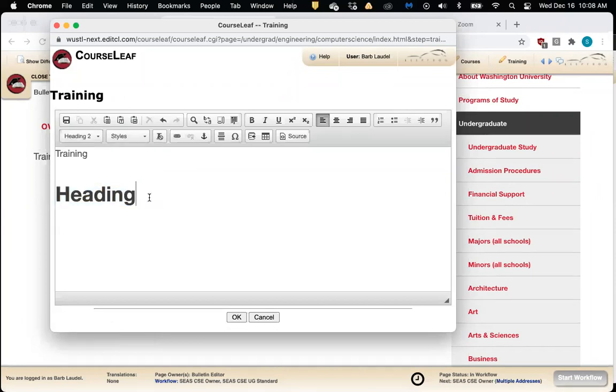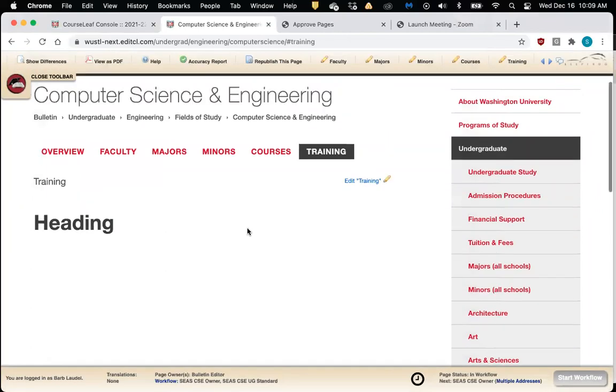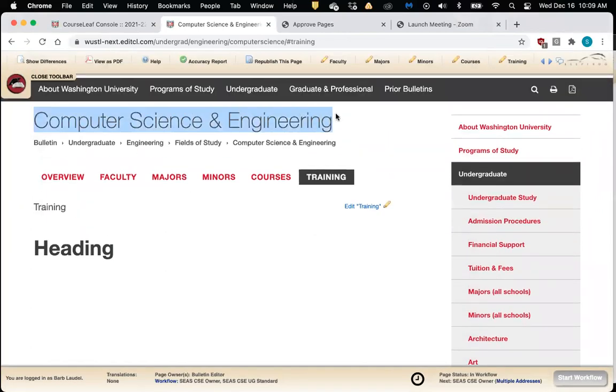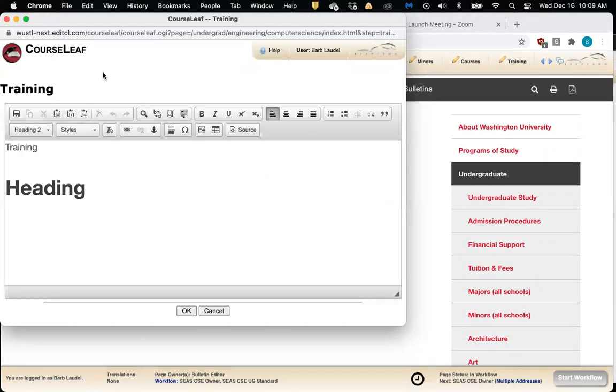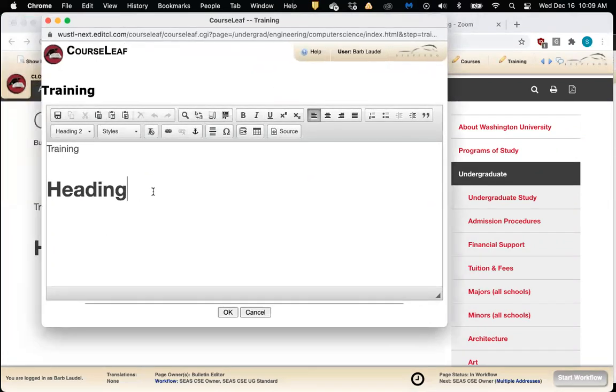Heading 2 is going to be your first option because heading 1 is actually being used by this title here. So that's why heading 1 is not an option. Heading 1 is always going to be reserved for the title of the page. And so that's why heading 2 is always the first one you see.